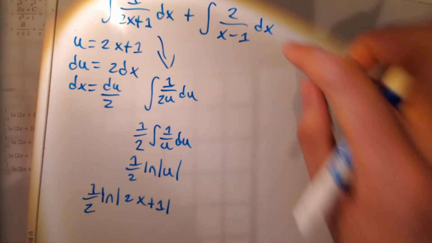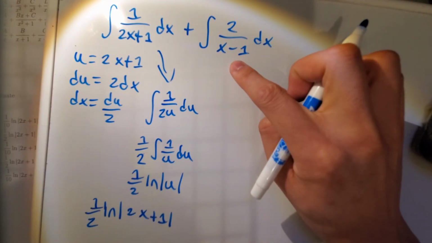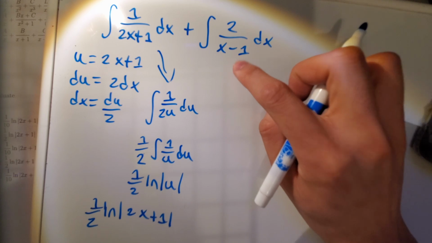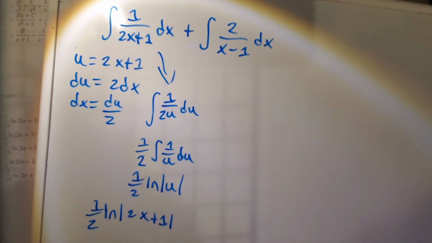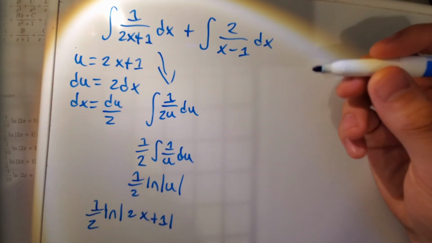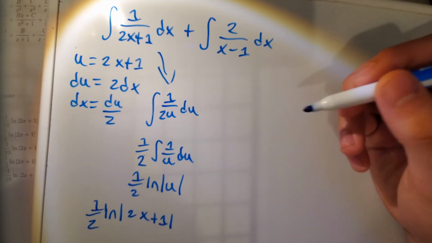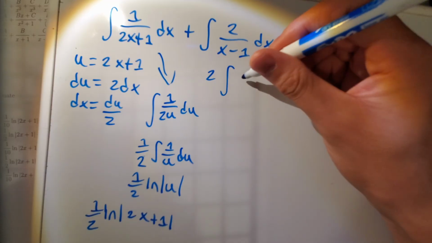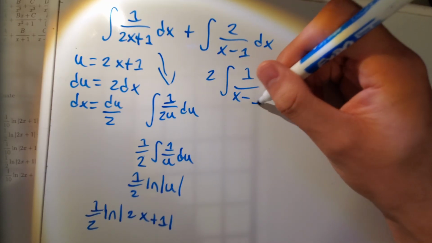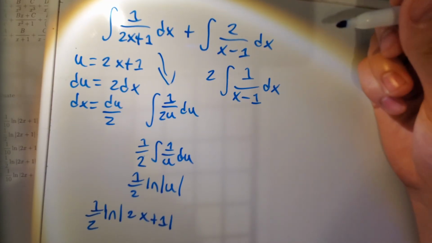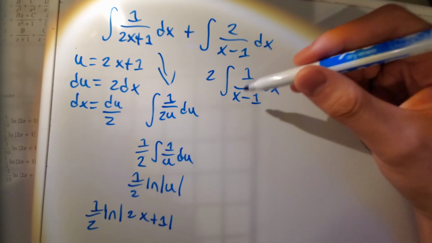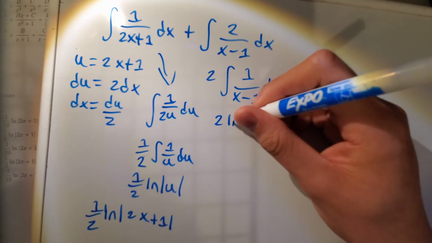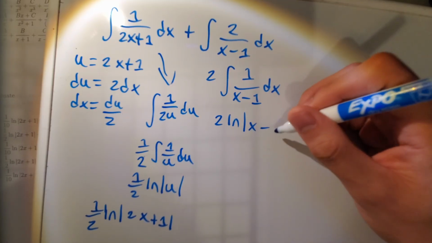And then for this one, this integral also evaluates to natural log of x minus 1. It might not seem that way at first glance, but to do that, we can take out a constant, that being 2. So you have 2 times the integral of 1 over x minus 1 dx. And now the reason this is 2 times natural log absolute value of x minus 1